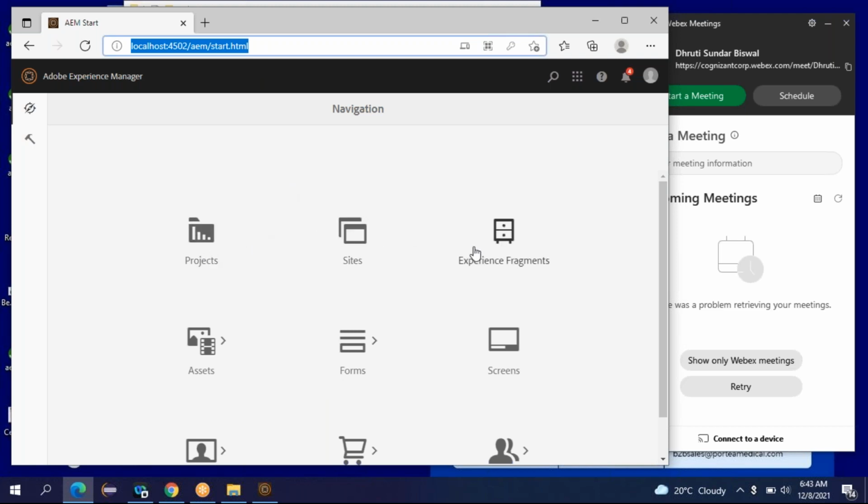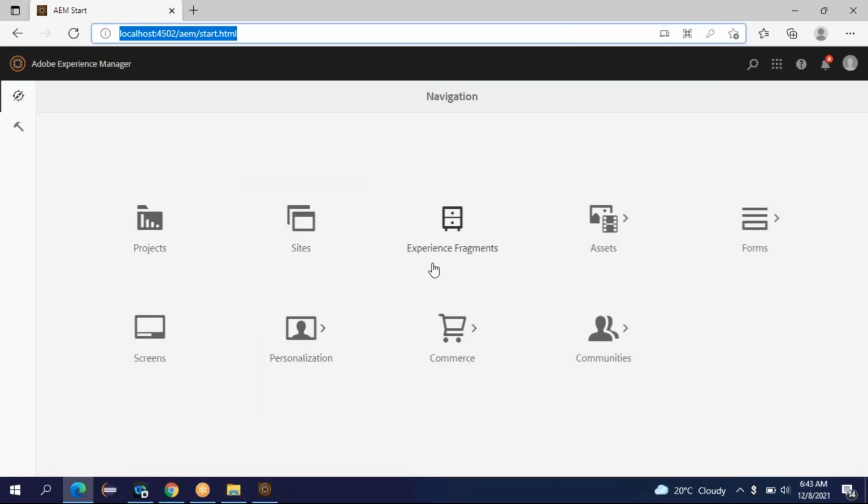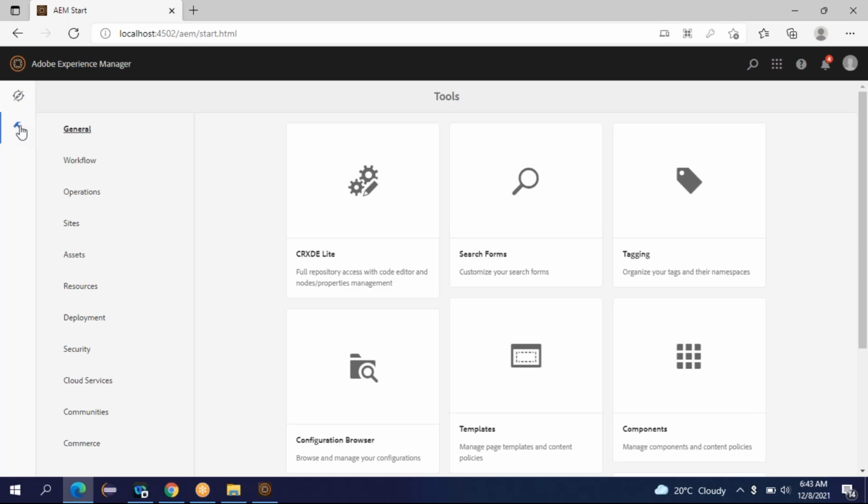So you can see a number of interfaces here. Let me expand it. Okay, a number of interfaces here, right? You can click on those interfaces and navigate to that specific console. In the leftmost panel you can see two different icons, right? If I click on the second icon also, I can see some more consoles, some more interfaces. I can click on those and navigate to that particular console.